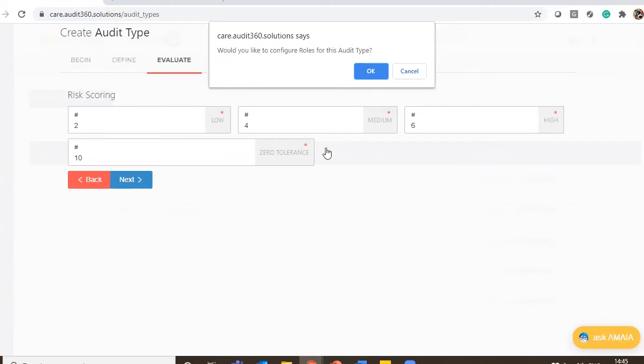So in one audit, he would be playing a role of auditor, but in another audit type, he would be playing a role of auditee. So how does a system identify which role a user would be playing when he's executing the audit? So in that case, we have to define the role a user would play for a specific audit type. So this actually would come in place when you have multiple roles assigned to the auditor, and when you have the same set of users working with two different roles for a different audit type.